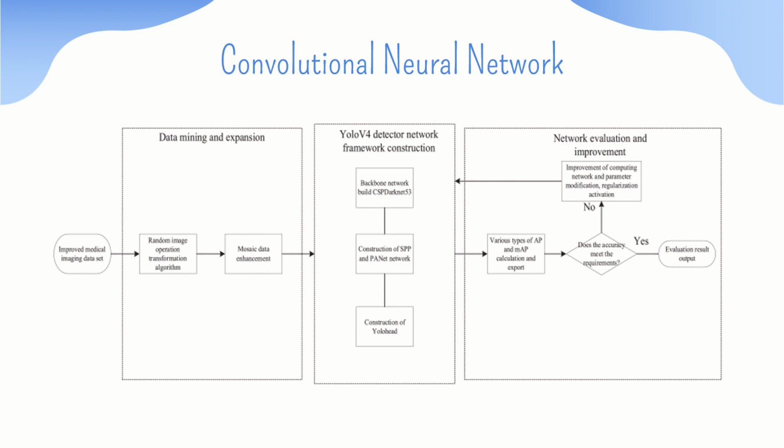Then coming to the SPP and PANET, these are the networks which are used for object detection and segmentation tasks. The full form of SPP is spatial pyramid pooling, and PANET stands for pyramid attention network. So coming to the next,